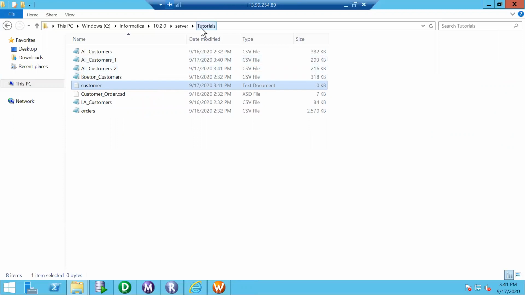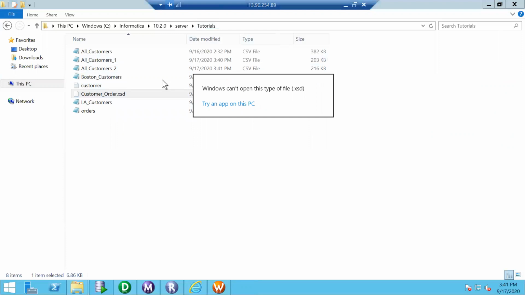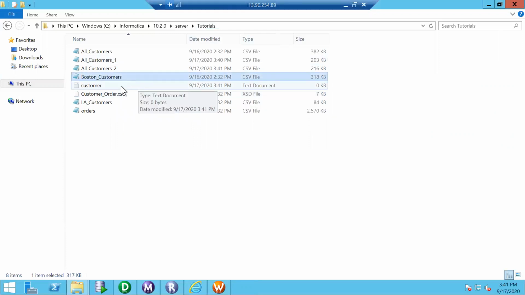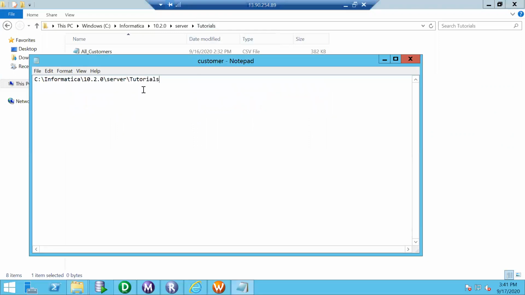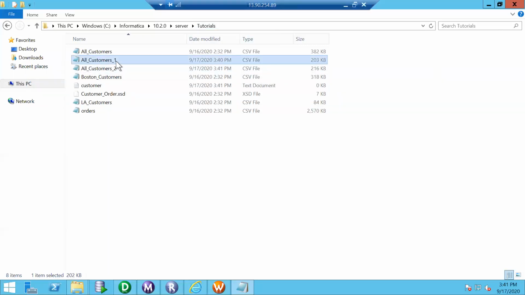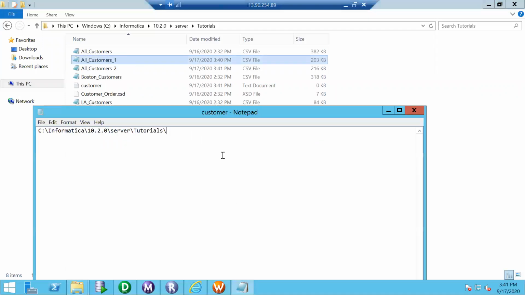What I need to do is I need to specify the complete path, then I need to specify the name of the file, including the extension .csv. And in the second line, I have to specify the second file name.